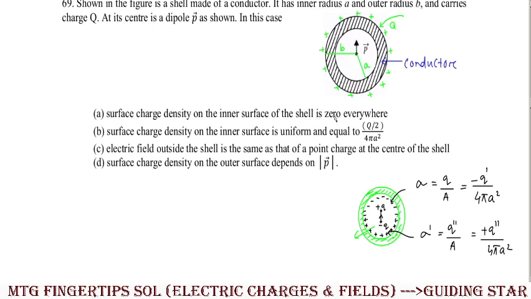तो सरफेस चार्ज डेंसिटी यहाँ पे ऐसा नहीं कि टोटल सरफेस चार्ज डेंसिटी विल बी जीरो, दैट इज अ रॉन्ग स्टेटमेंट। यू विल गेट सम सरफेस चार्ज डेंसिटी। अपर हाफ पोर्शन में सरफेस चार्ज डेंसिटी नेगेटिव होगा, और लोअर हाफ पोर्शन जो सेल के इनसाइड है उसमें सरफेस चार्ज डेंसिटी पॉजिटिव होगा। क्लियर, जीरो नहीं होगा। नेक्स्ट, surface charge density on the inner surface is uniform and equal to q by 2 whole divided by 4 pi a square। यूनिफॉर्म यहाँ पे हम ऐसे तो नहीं बोल सकते कि यूनिफॉर्म होगा।